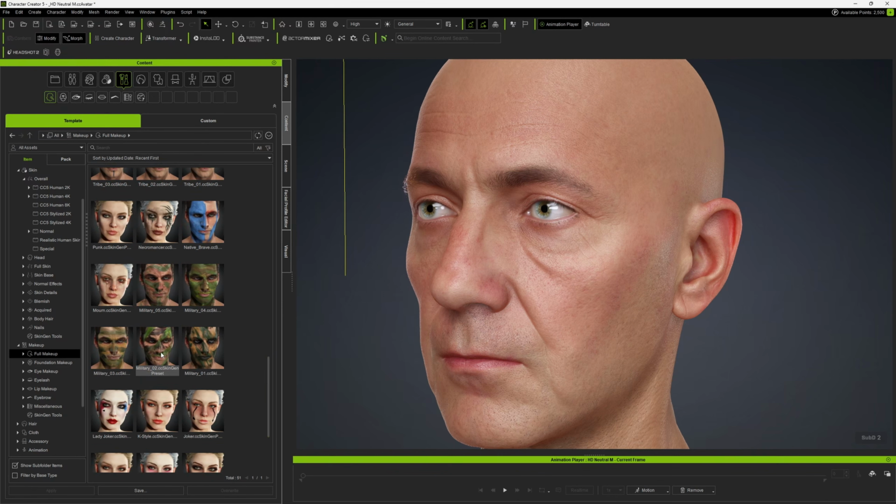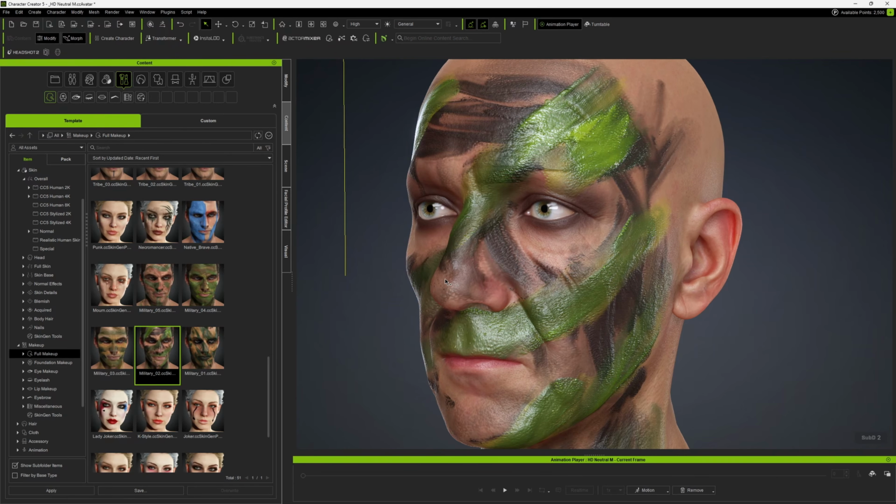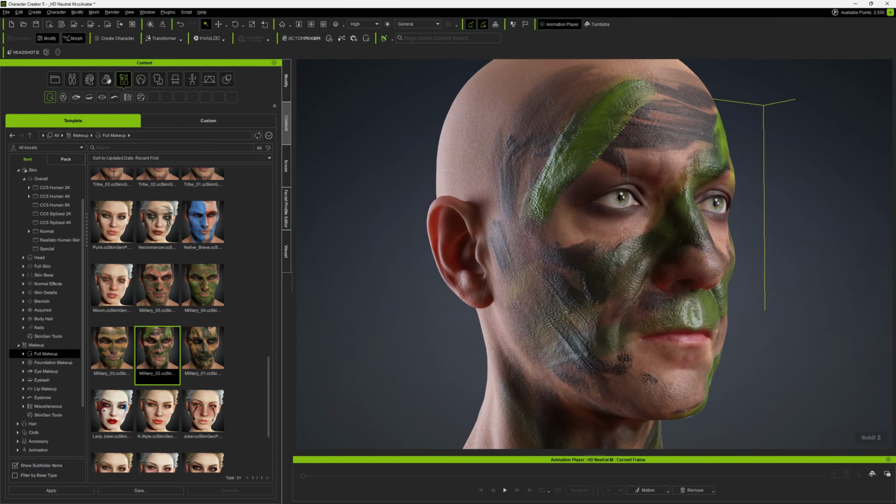Maybe I can start with this initially, because this guy is an old guy, probably it will look like a retired colonel. How do I see? So we are entering the skin gen editing mode. We will also be seeing the layers. Okay, now we have applied our first makeup,